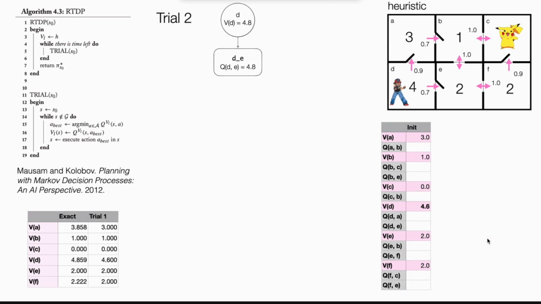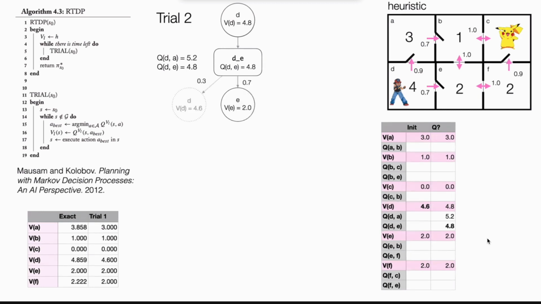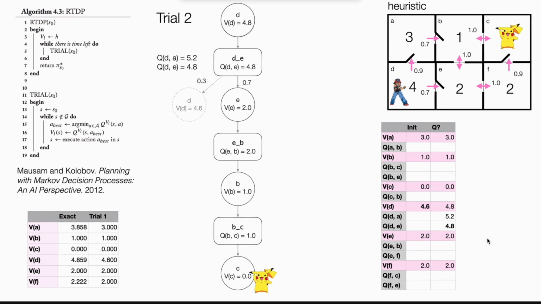Okay, so trial 2, we sample, we take our initial state, we compute our Q values. So again, E is the best looking action. We sample an outcome. Let's assume we get E again. And then we can run our trial in exactly the same way. And you can see over time in the bottom left, what's happening is we're updating our Q values, our state